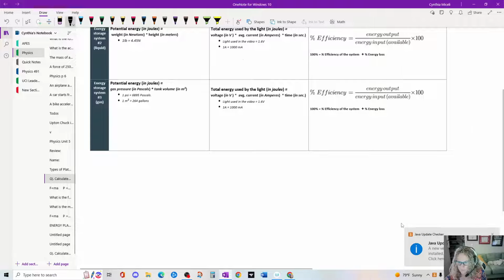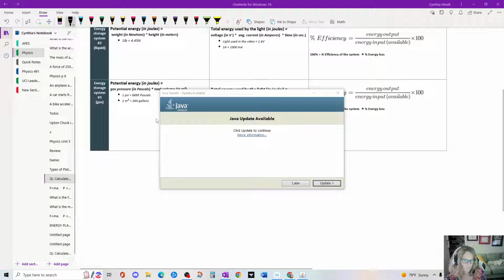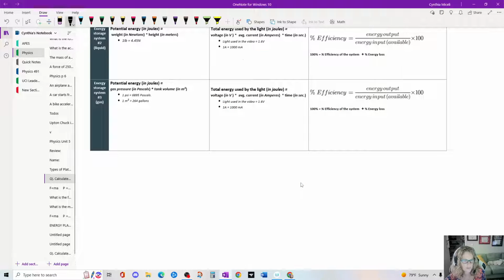So it's important to remember how the metric system works. Some teachers like to teach a little saying that King Henry died by drinking chocolate milk. And this is just a little way to remember all the prefixes for the metric system. So K is kilo, H is hecto, D is deca, B is the base unit,